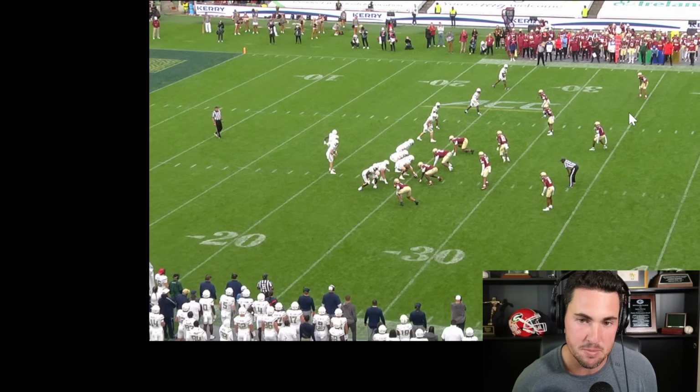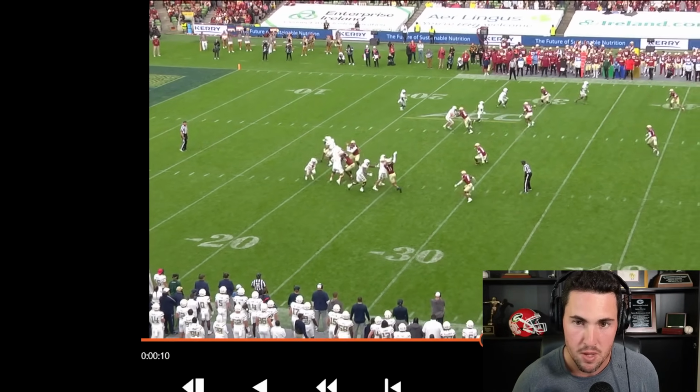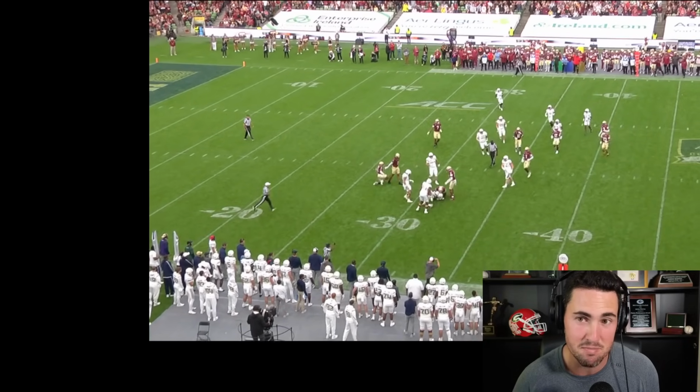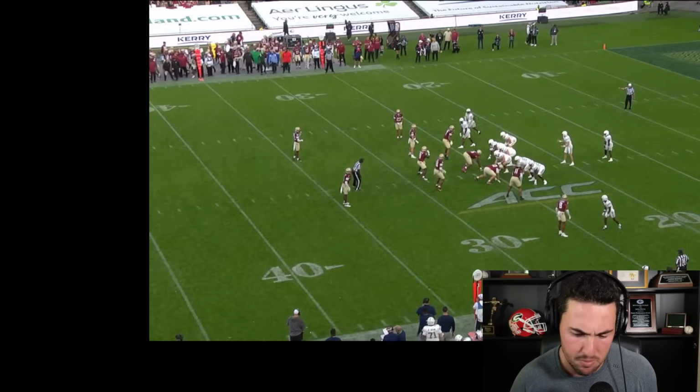And he's got to make a guy miss, but still 5 for 5. My quarterback on the RPO is going to run the football. So, bam, there you go. Safety makes him turn up a little bit, but he makes 2 guys miss. Great gain right there to get back the 5 yards to get to what I believe would then be a